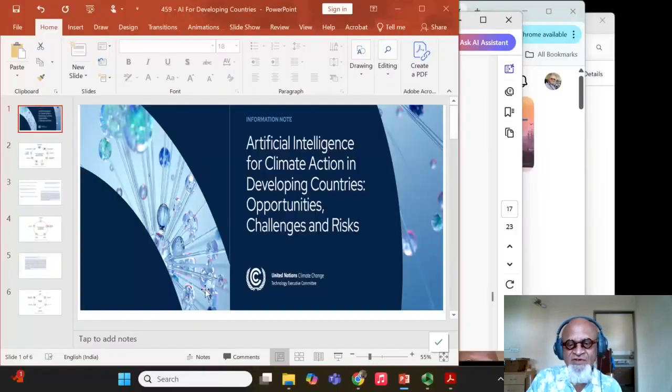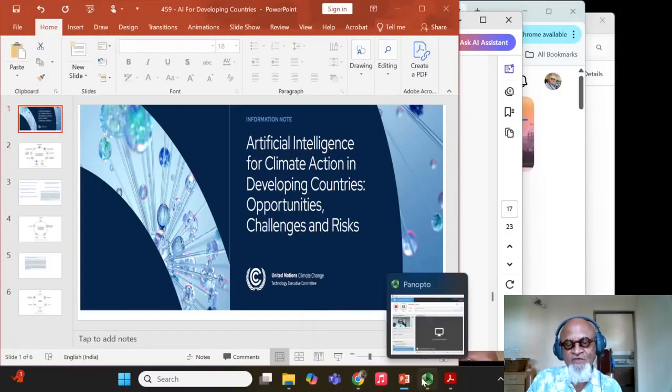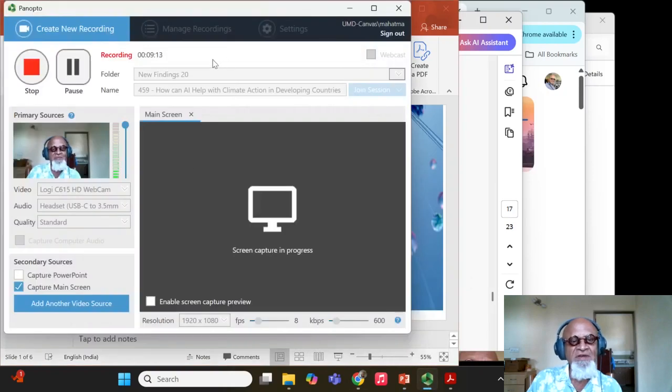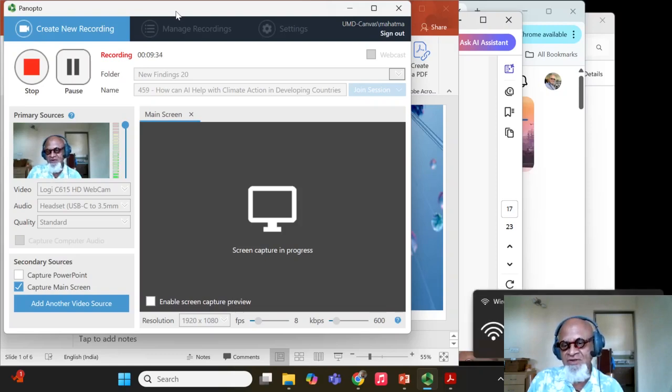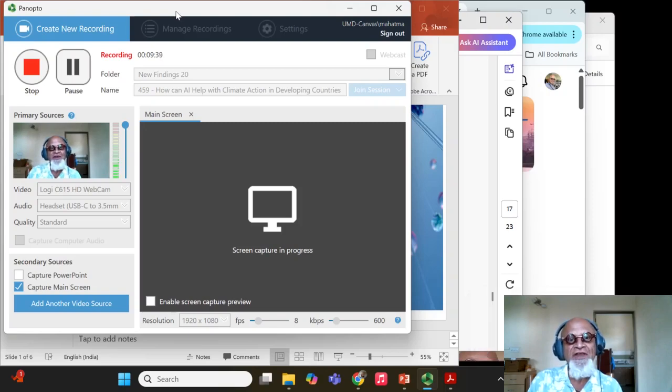So always dangerous, okay? So there are some other efforts under the UNFCCC for helping the developing countries with climate action with AI applications, and there are some steps listed as to how UNFCCC is going to help with capacity building. These are again going to come down to not leaving behind developing countries in the AI race, which are taking off and rich countries are dominating. How will developing countries catch up?